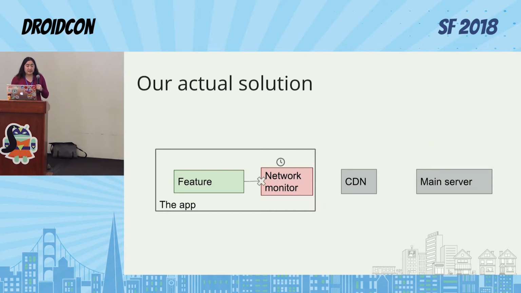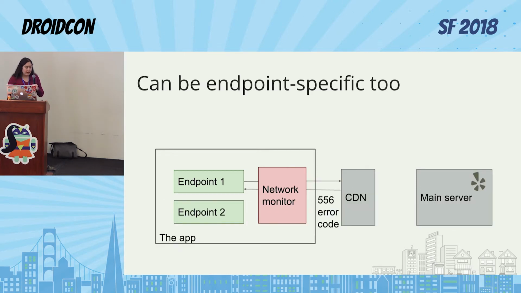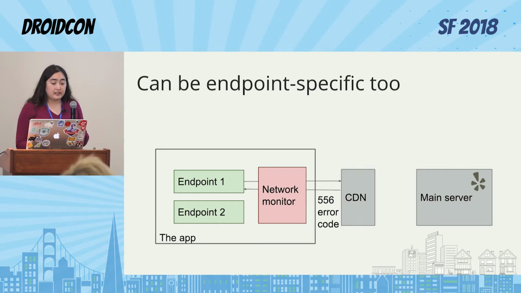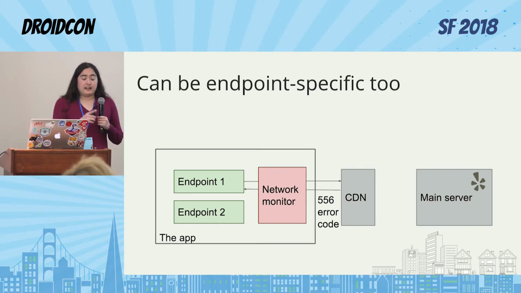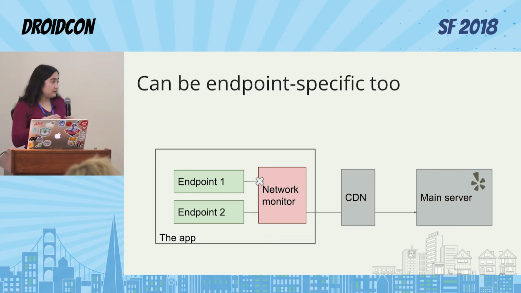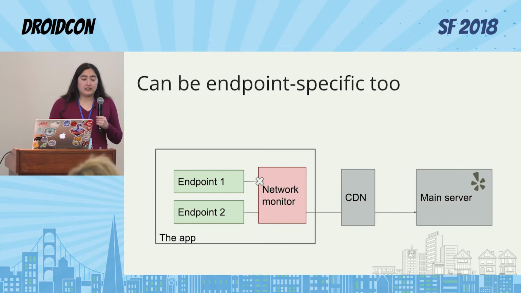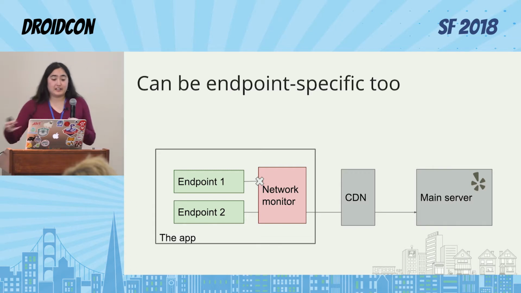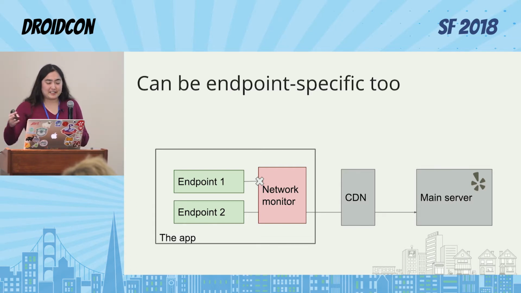So yeah, when it gets the code, the network monitor just starts dropping traffic until a timer expires. There's no additional synchronization with the CDN. You just send this one signal. What we'd probably in most cases do is send an endpoint-specific code, so the 556 code says, anything that matches this endpoint, start dropping traffic related to this endpoint. But then everything else can just proceed as normal. Hopefully, in most cases, this won't even be noticeable to the user. There's just one little bit of the app that is not working, but everything else is working fine. The server is up, everything's great, and we just have to fix this one problem.